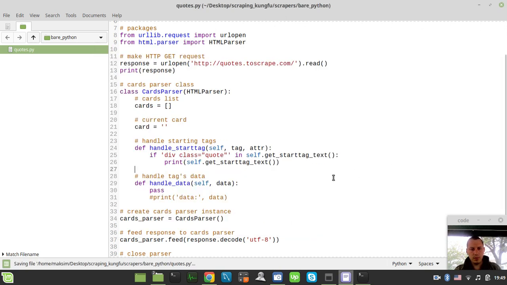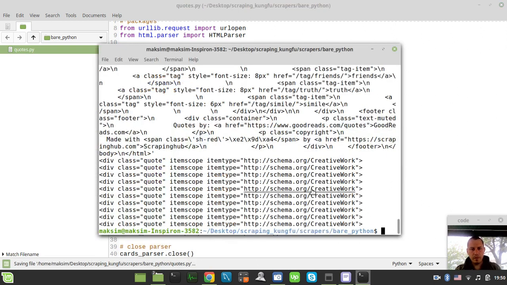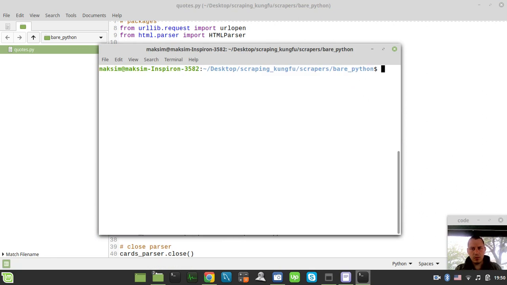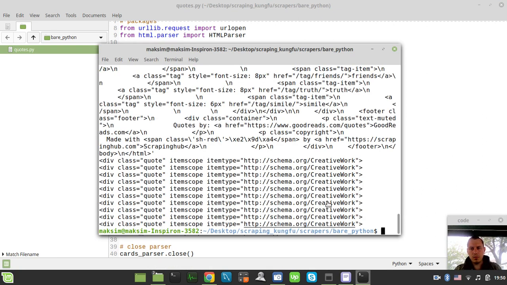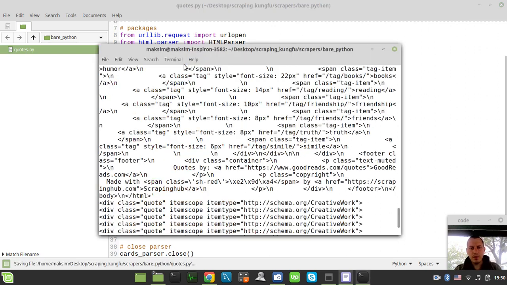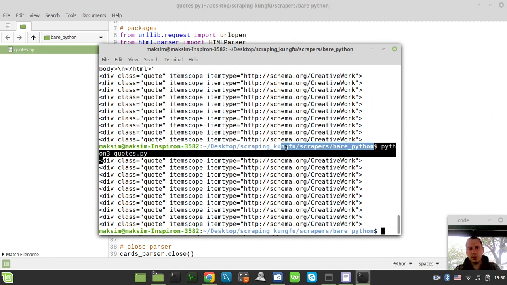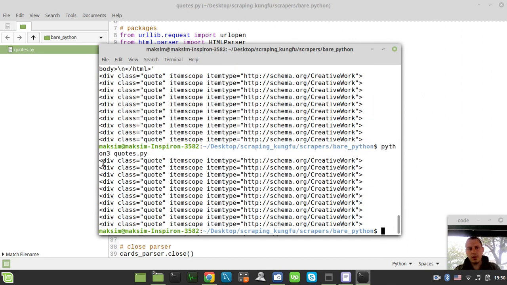Save. I'm not sure why it prints the entire stuff, so probably somewhere. Oh, I just don't want to print. Oh, yeah, in this case, sorry, I was distracted by this initial response. So here we're printing only the start of this div class quote, and